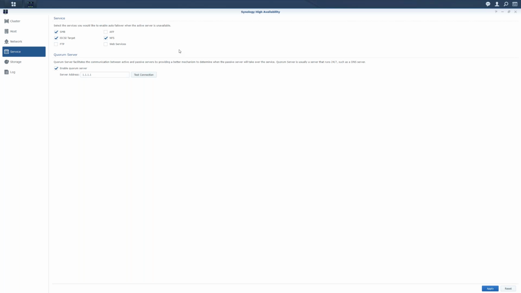And since it's on the page, I'm just going to mention Quorum Server. This is just an external server that is used to prevent split brain. Each of the NAS in the cluster will just ping this external server to prevent, during a failover, the possibility that each of them tries to become active. This helps prevent them from both going active, so they stay in their active passive roles as expected. And if you're reading the text there, it says you can use a DNS server. So yeah, I literally just have a public DNS server, and that's something you can use for that.